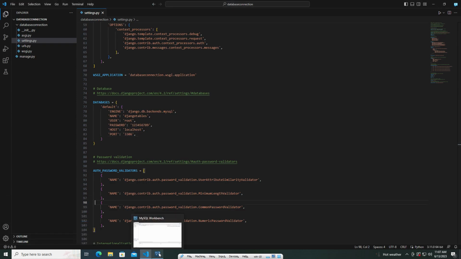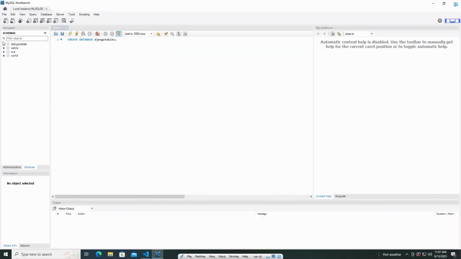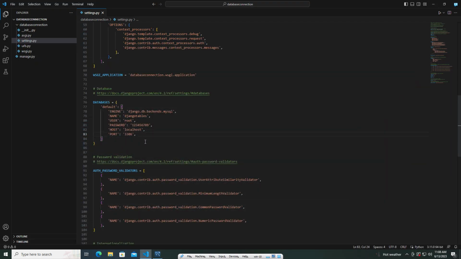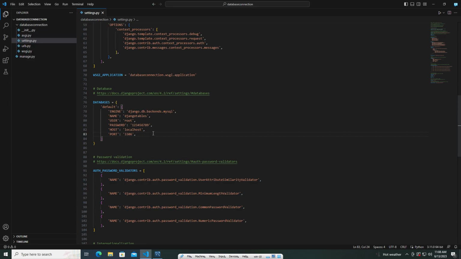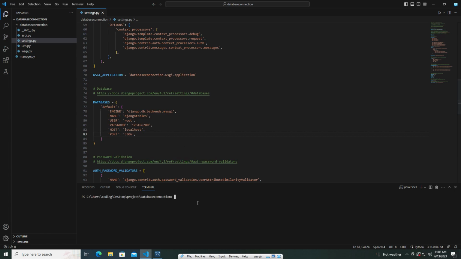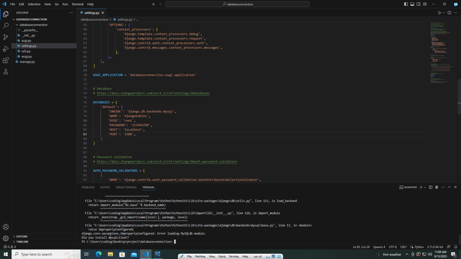So before we go on to that, let's see here in this Django tables database, there is no tables so far. So when we save, we should save the file after the changes, and then open up the terminal in here, then write python manage.py migrate. You can see the error here. So it needs us to